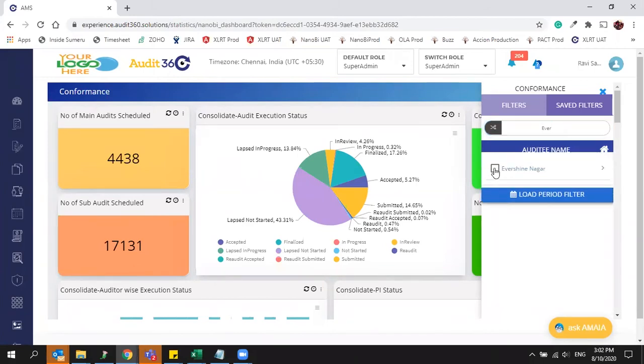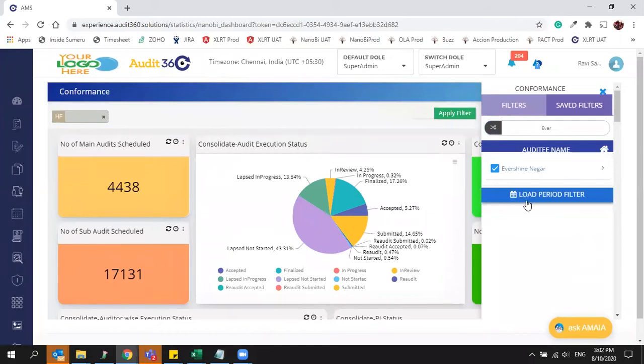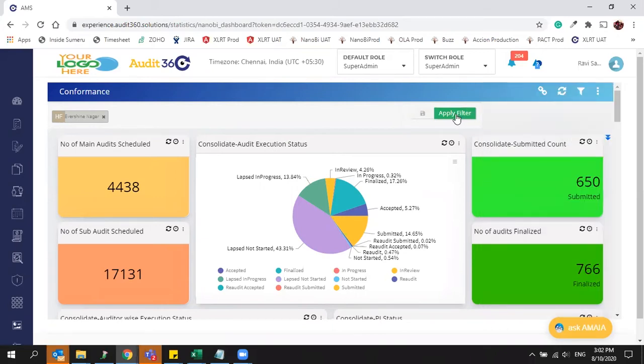You want to see only this particular auditee or only a particular audit. Any filter option you have, you can choose that. That will get applied. You can apply that filter. Once this is applied, my entire data will get refreshed based on that filter. I'm just applying.